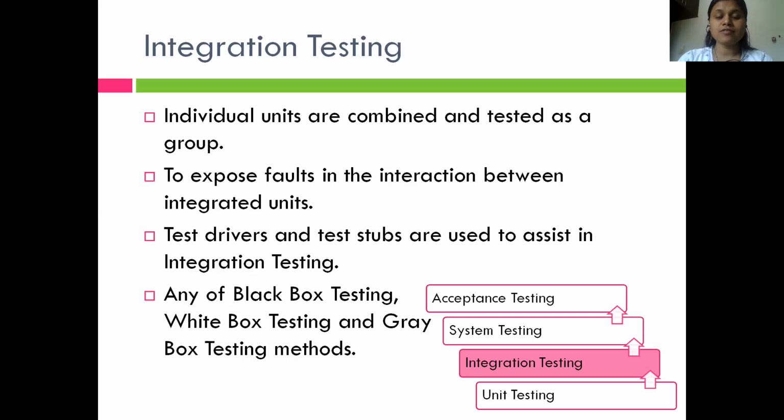In integration testing, what happens when we club two things together? For example, the outer cover of the pen, in which we put the ink and the lead, and the upper cover of the pen, which we call topan. When both are combined, are they joined together perfectly? If their dimensions are correct, they will probably be joined together. But if their dimensions are not correct, they will not be compatible with each other. This is what integration testing is.